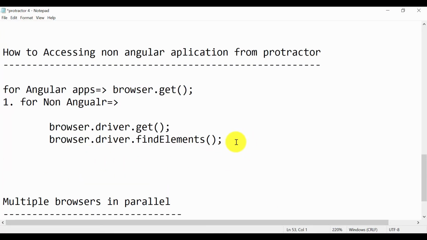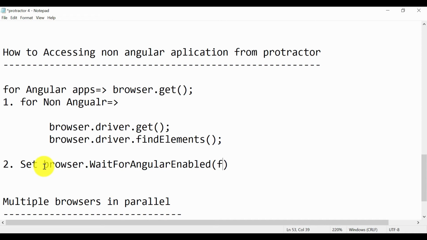You can set browser.waitForAngularEnabled. This is the statement.